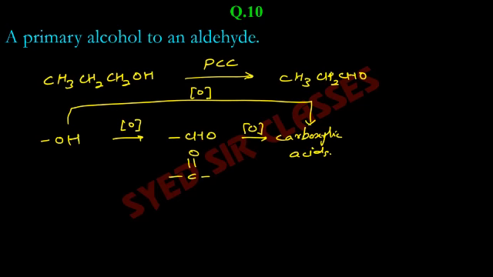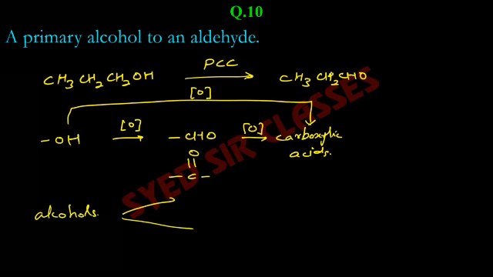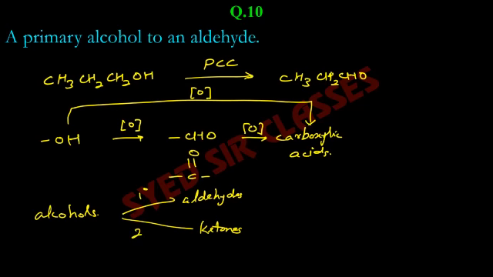So remember, this is the conversion sequence, that when you oxidize alcohol, you get aldehyde or ketone, depending on whether the alcohol is primary or secondary. If it is primary, you will get aldehyde. If it is secondary, you will get ketone. So alcohols will get oxidized to aldehydes or ketones, depending on whether it is 1 degree, 2 degree, or 3 degree. In 3 degree, obviously, that is rare. And then these will get oxidized to carboxylic acid, COOH.